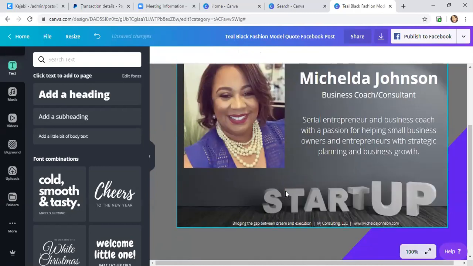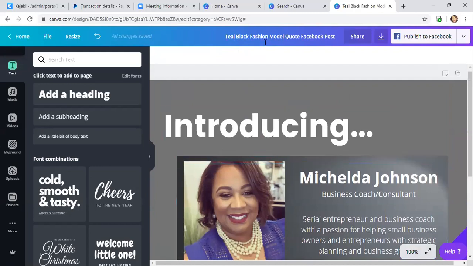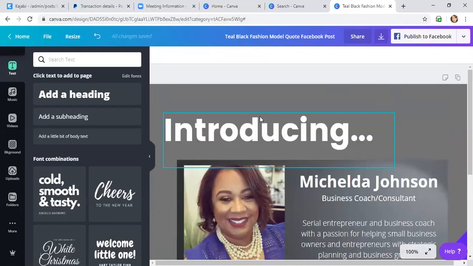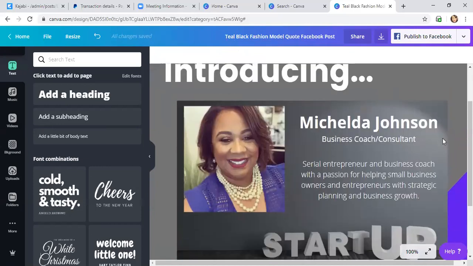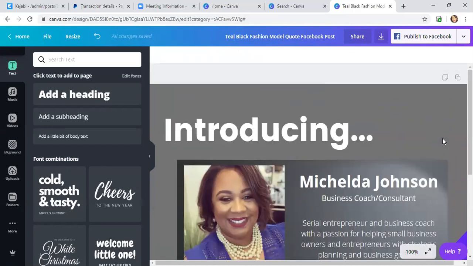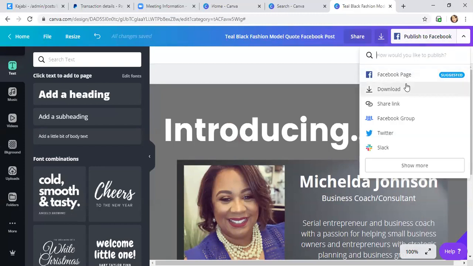And that's my flyer. So we've been on this less than 10 minutes. So that's my flyer introducing. And so now I can put this up on my social media, on my business page, and you can link Canva directly to your Facebook or to your business page. Well, it will just automatically connect it there. So you can do that. You can download it. You can share the link. You can put it in a group. Slack is another thing, or you can do it